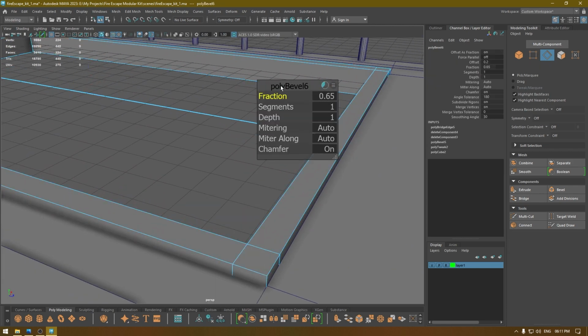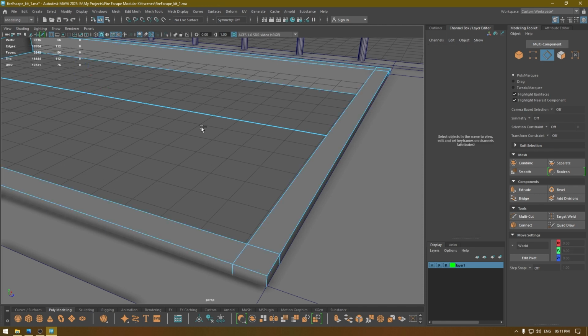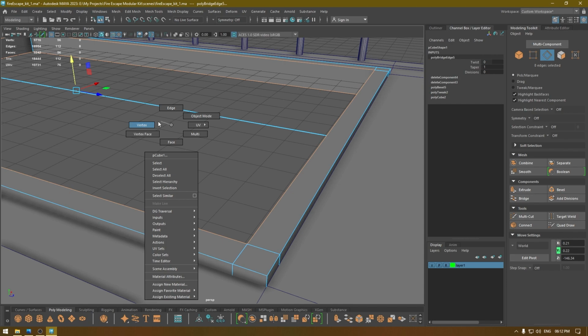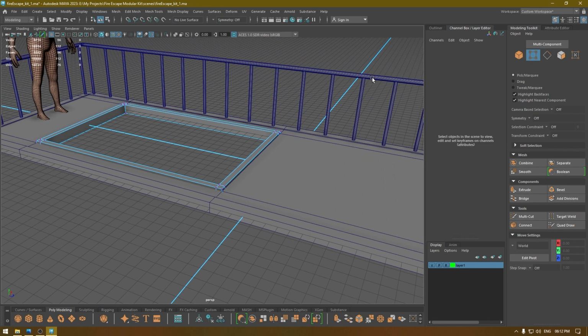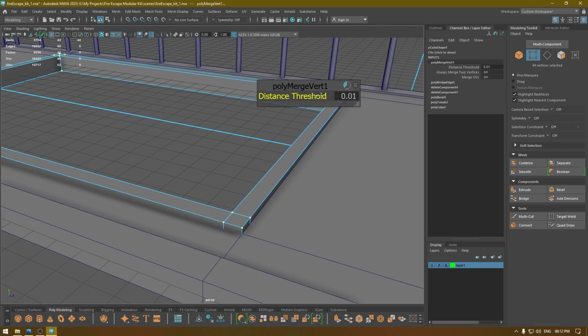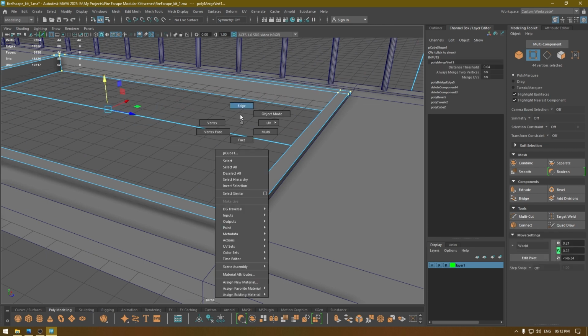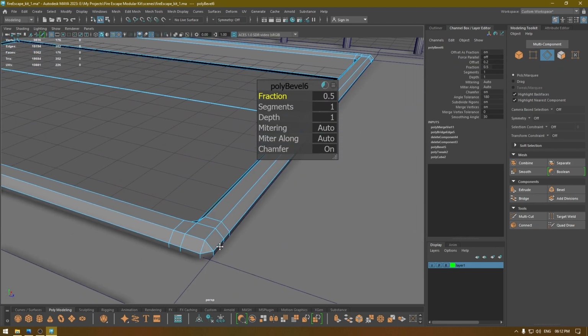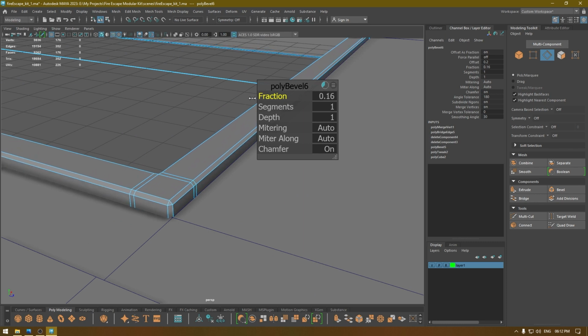And if it's not working, what you can do is go to vertex mode, select all the vertices first and merge them. Increase the threshold just a little bit and then try. Now it's working. So decrease the fraction and add one segment,